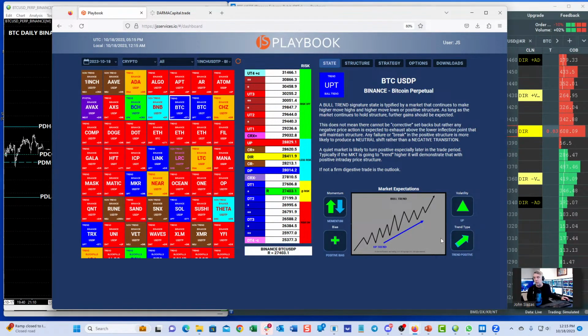To be aware of: are we in a corrective part of that bull trend? Because we could have a negative down day in a bull trend that just goes linear down all day long. But the expectation is it's going to stabilize, and it may take all day, and then the market opens up the next period and starts to trend higher. So where are we within that? And if the market breaks structure out of a bull trend, what happens?